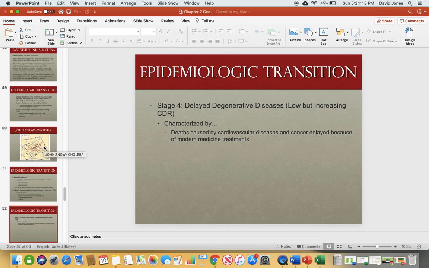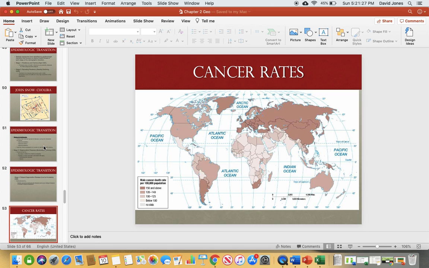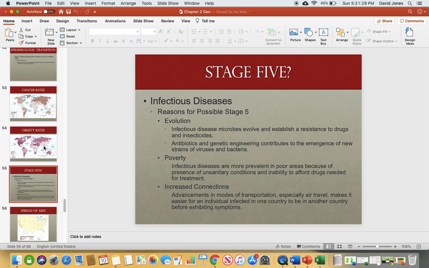So people today can get an artificial heart valve, can get chemotherapy for cancer, and either prolong their life or in some cases put cancer into remission. So that's something that exists today, which helps people live longer. So that's stage 4. And then we have stage 5 countries. Okay, stage 5 countries really, and this is if you read this slide that we talked about back in September,